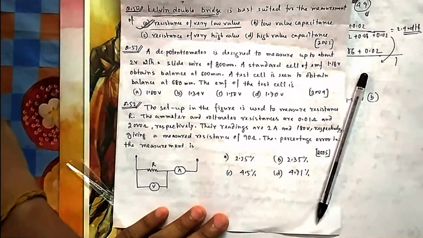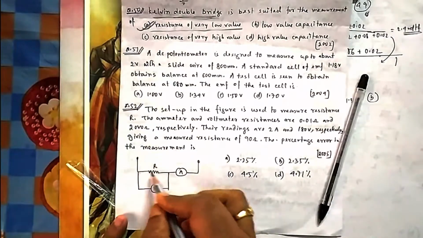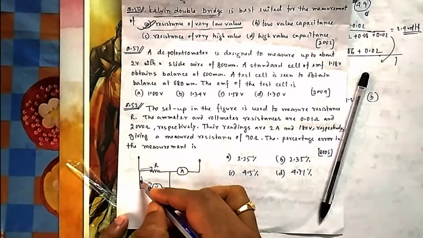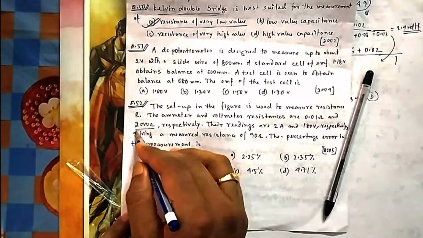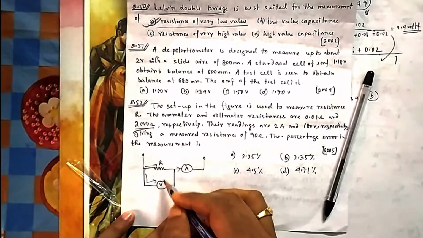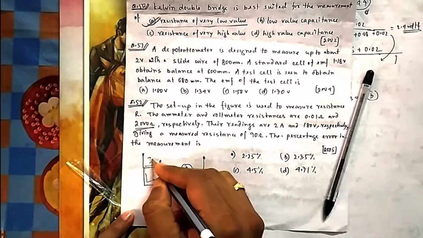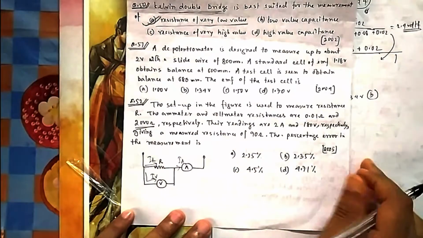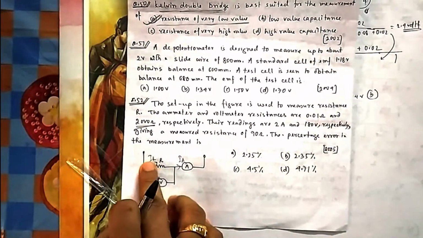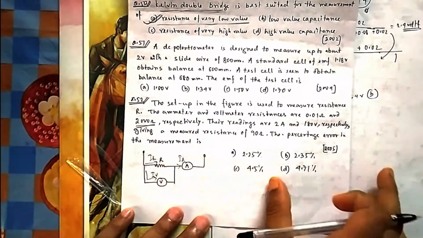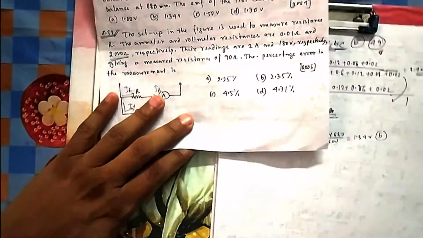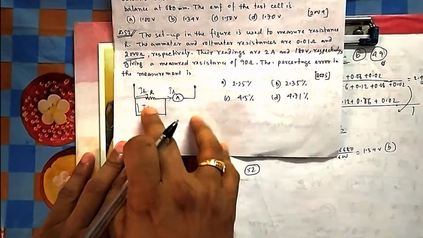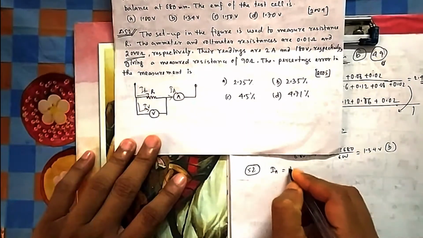Now here you can see the voltmeter is measuring whatever voltage is coming across this R, but the ammeter is measuring this current plus this current, because some current will flow through the voltmeter since it has some resistance also, 2000. So the ammeter current is actually the sum of these two. Suppose this is IR, this is IV, and this is the ammeter current IA. Whatever current is flowing through R gives the voltage IR into R, but the ammeter is sensing more current than that passing through R. So your IA is equal to IR plus IV.